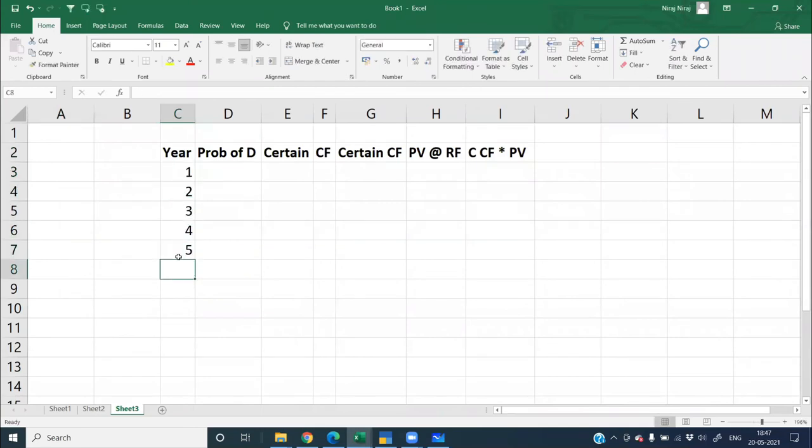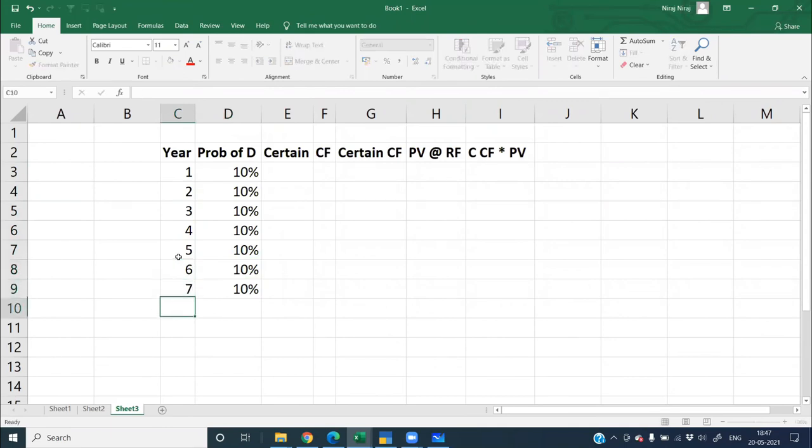So this is for 8 years that they have asked me. Probability of default is 10%. So I'm just applying equal to and I'm doing copy paste here. 6 years miss हो गया सर इसमें. Okay, sorry. ठीक है. तो मेरा सर्टन कितना होगा? सर्टन मेरा होगा 1 minus this raised to the power of the year.